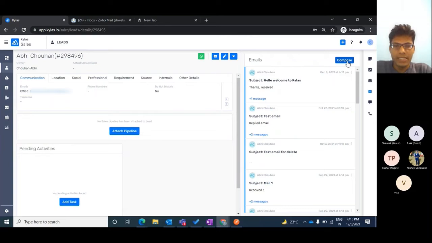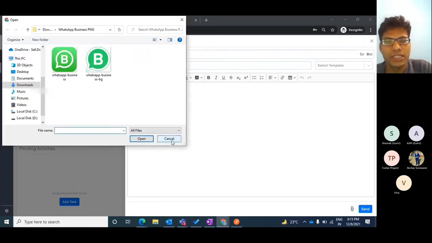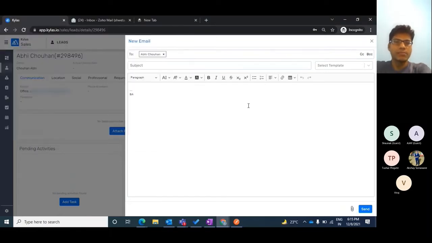Other than a simple text email, I can of course attach a few files that I would like to send. In our day-to-day use cases, sometimes we would like to send a brochure to our customers, or maybe a quotation, anything which is a file that can be attached to the email. The file limit would be 25 MB, as with Google. As I said, we are sending email via Google, so whatever restrictions Gmail has, or Outlook for that matter, all restrictions are applicable here as well.